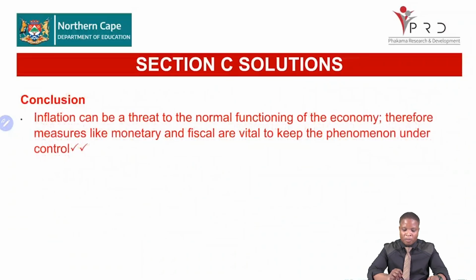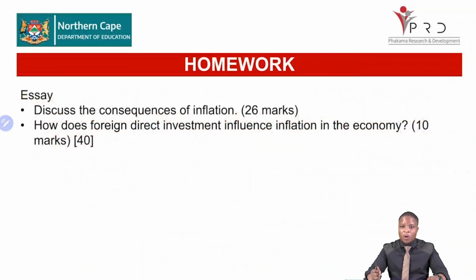Inflation can be a threat to the normal functioning of the economy. Therefore, measures like monetary and fiscal are very important in order to control inflation. Right, for our homework, you're going to discuss the consequences of inflation. This is where you are discussing debtors and creditors, taxpayers, savers and investors, and psychological influence, and that will be your 26 marks for the body, 2 marks for the introduction, and for the additional part, how does foreign direct investment influence inflation in the economy, good and bad? You can discuss that. And then the other 2 marks will be the conclusion,